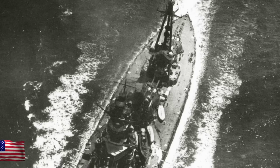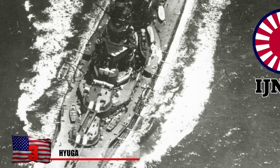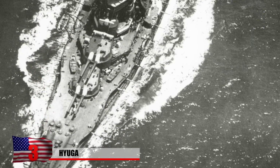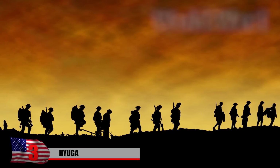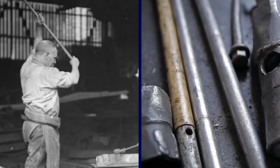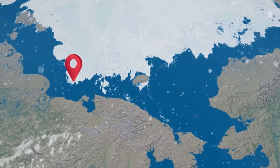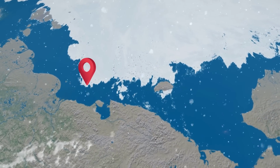3. Hyuga. The Hyuga was one of the two Issei-class battleships that were built for the Imperial Japanese Navy (IJN) during World War I. Construction finished in 1918, but the battleship never served in the conflict. During the Russian Civil War, it underwent several patrol missions off the Siberian coast in support of the fight against